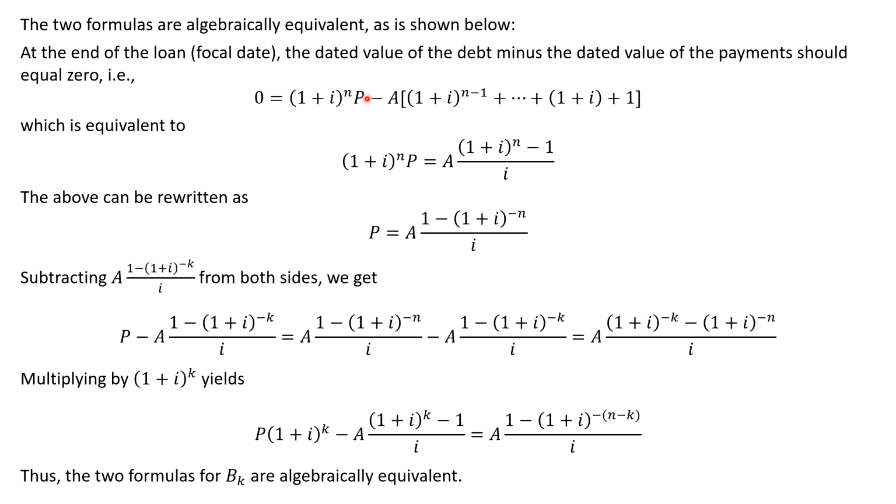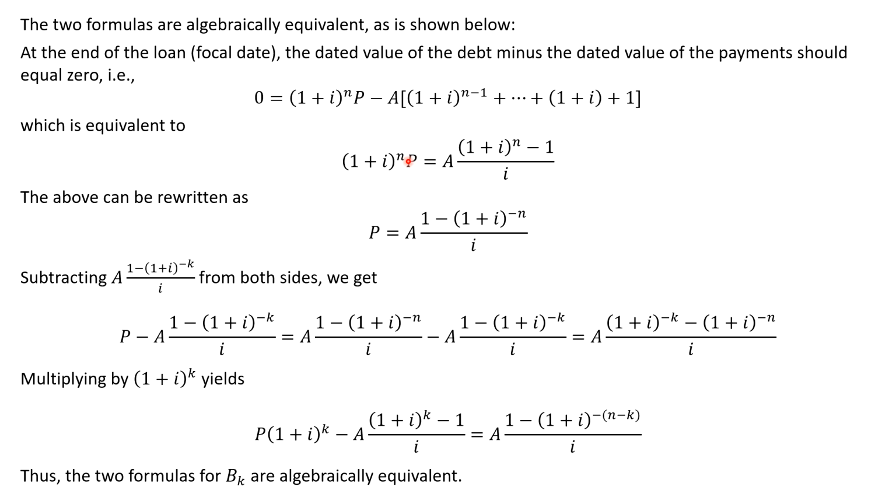Because by the end of the loan, you've paid everything back, and that should equal however much the principal had accumulated by the end of the loan. And then we just use the formula for a finite geometric series, plug that in here, and then I just subtracted that from the other side. We get this here,